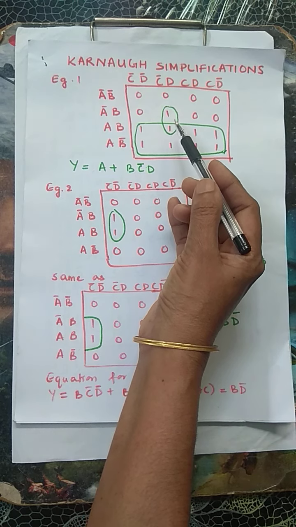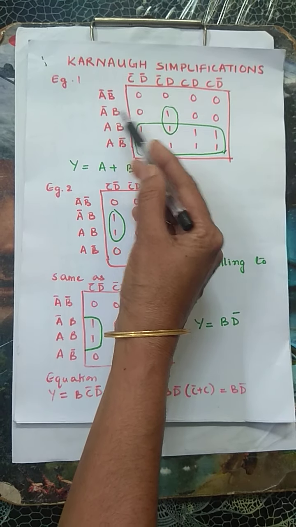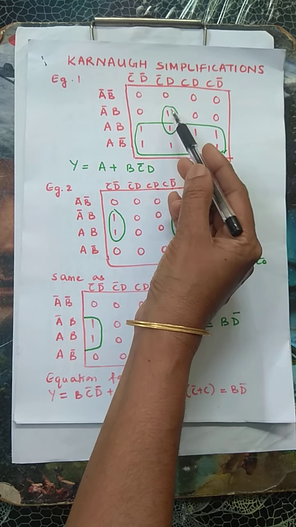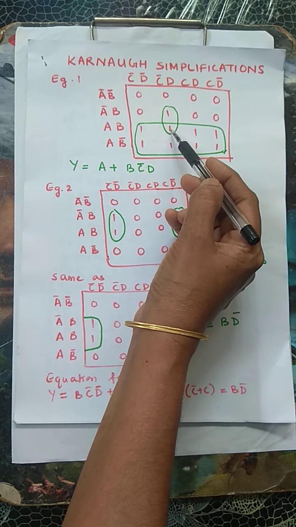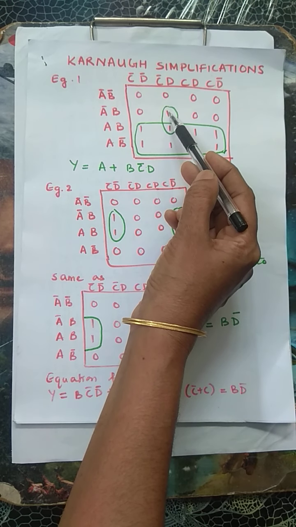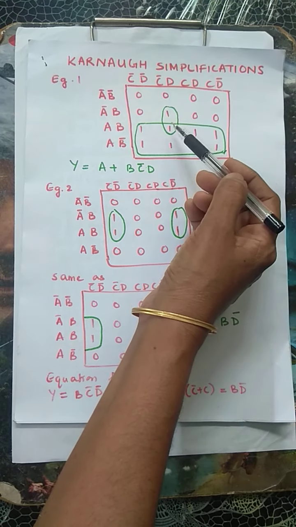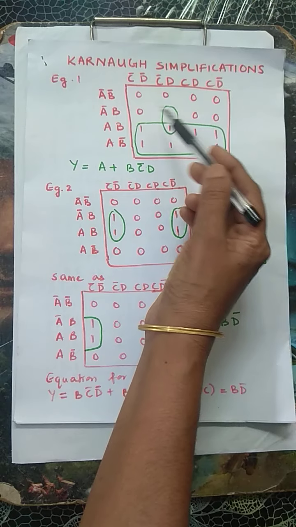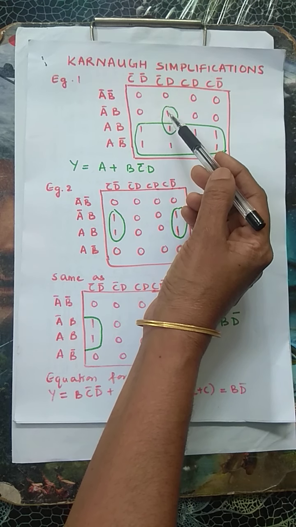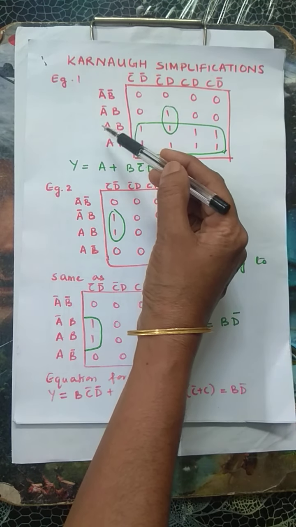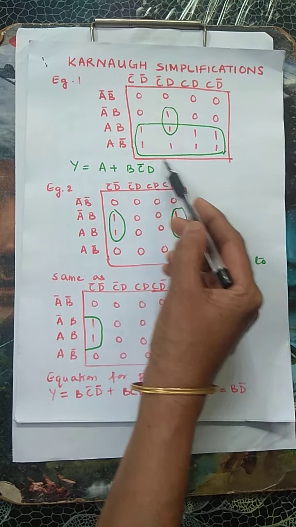In the Karnaugh map simplification, when you take the product of this one, the product is A complement B, C complement D. And in this group, the product is changing. What is the input that is changing? Here from this one to this one, A complement is changing to A. C complement D is remaining the same. Whichever input is changing, that is eliminated, that is omitted. That is how you do the simplification. So in this case A complement, A is omitted, so the product will be B C complement D.